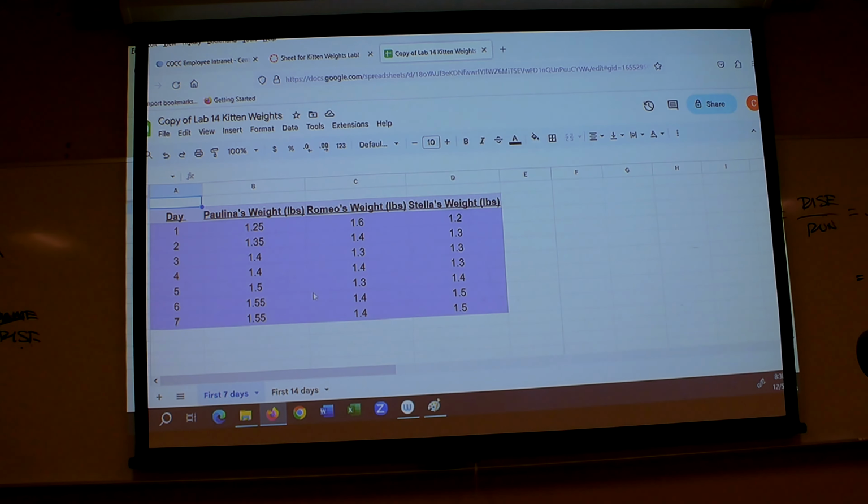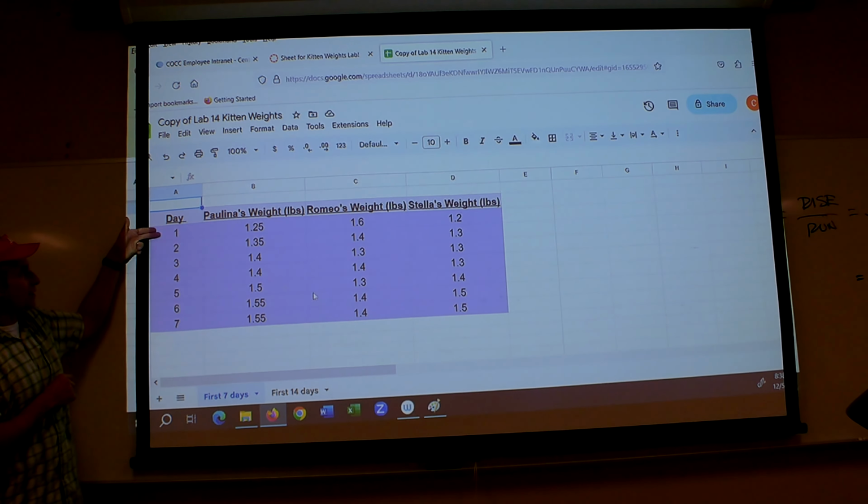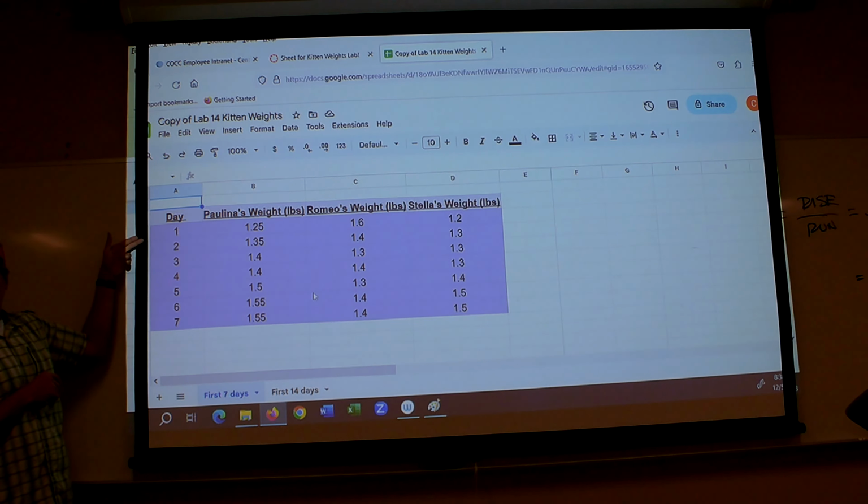I like this. So Carson's noticing that when you look across the top, day one, the first day, so here's the thing. We pick them up on what I call day 0. Get them from the pound, bring them home, play with them. You don't weigh them that first day. You weigh them the next day, which I call day 1. So Carson's noticed something. When you look across the top here, they're all